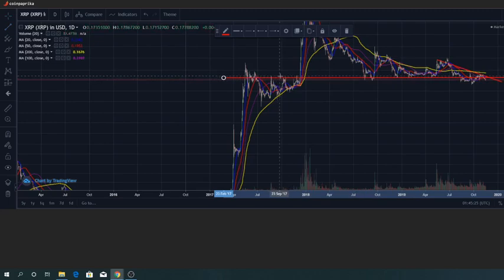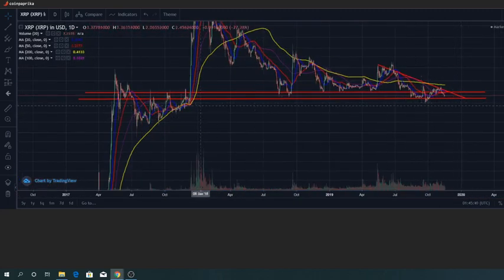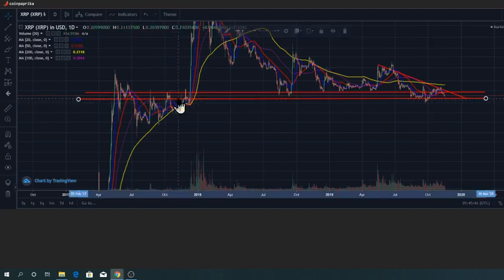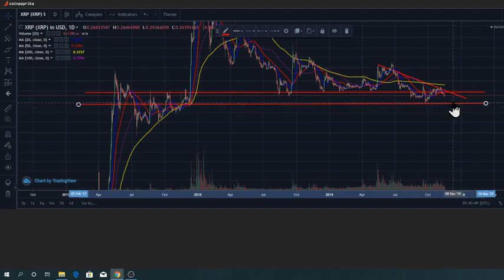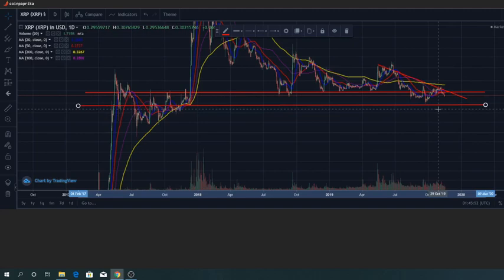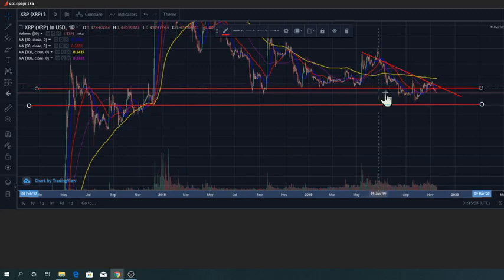Okay, this can be said as a 1. That here was a resistance, here was support. So now if we draw a range of support and resistance, the price of XRP is actually within that range. Now I would be cautious if the price is actually falling below particularly this area, say the previous touch, that's 0.22. So say if the price is going below that, then yeah, you should be cautious about your investment. But as of now, it's actually making a rounded bottom, or you can call it a triple bottom, or you can call it a head and shoulders. It's up to you. But for me, it's positive news.